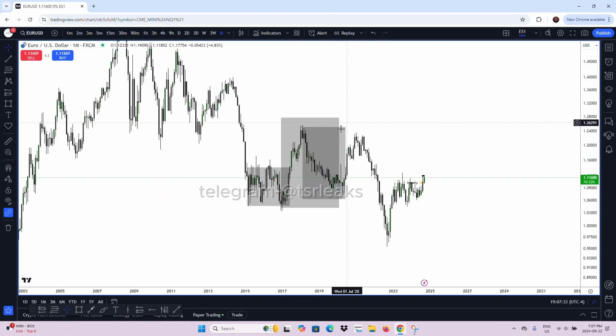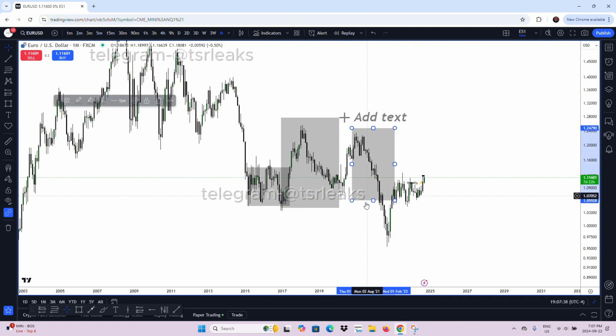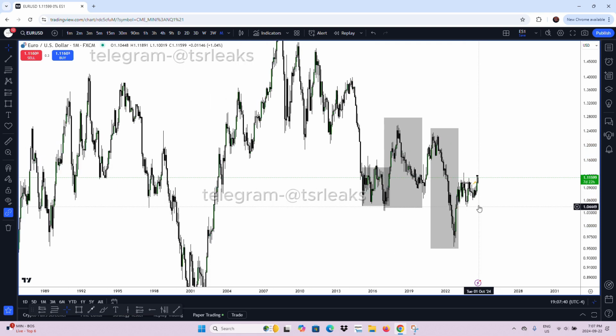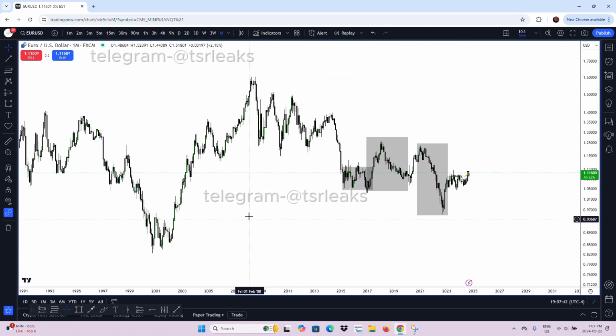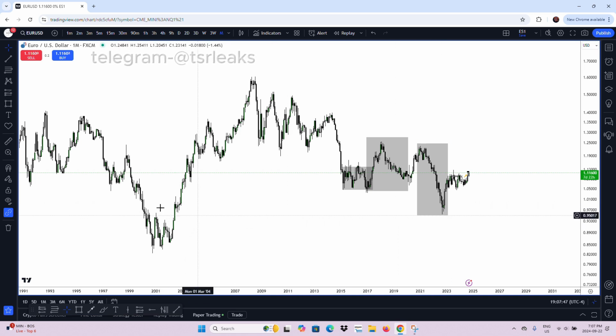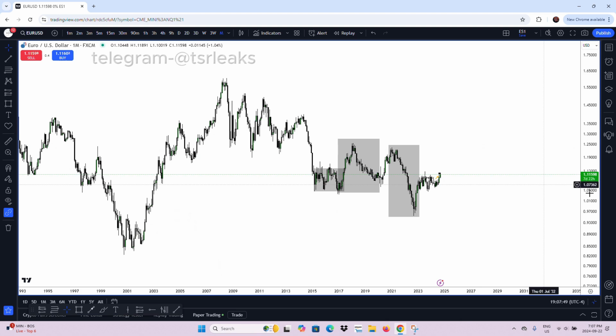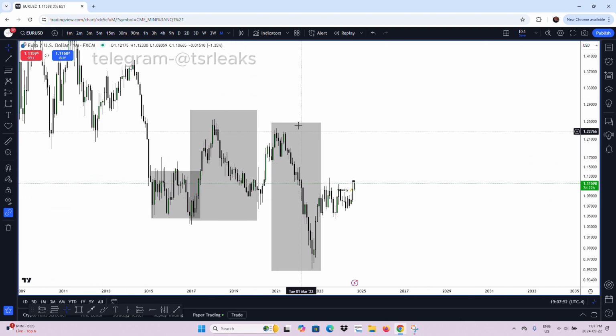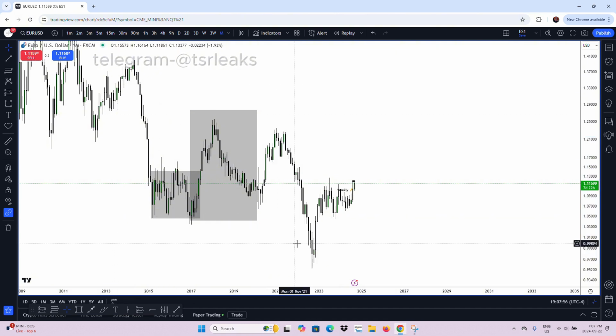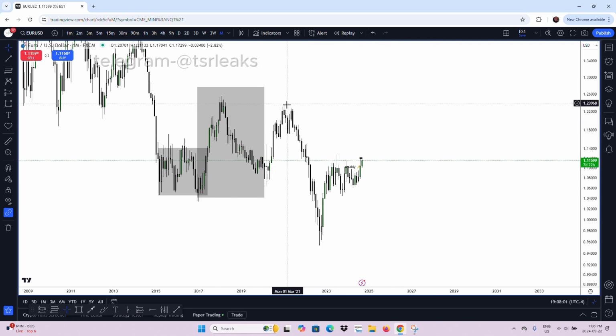Retracement back up right here. And then once more, expansion back down into what? A key level. Where is the key level? Right here. We have a fair value gap that formed. Tapping into that fair value gap, going long. Now, expansion into a key level means a reversal. That means this is a reversal and not a retracement to continue coming back down. That means I am bullish and I want prices to target these highs over here, the opposing end of the